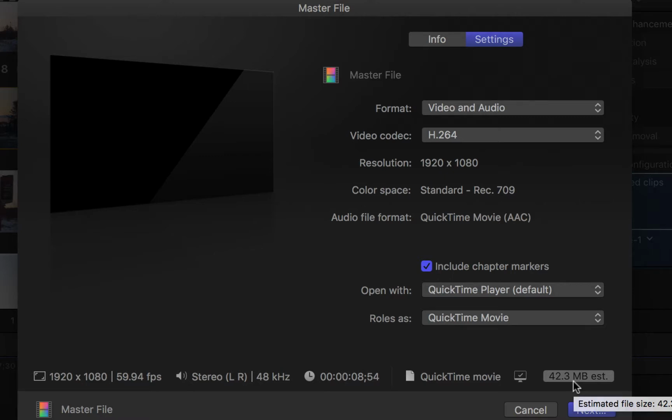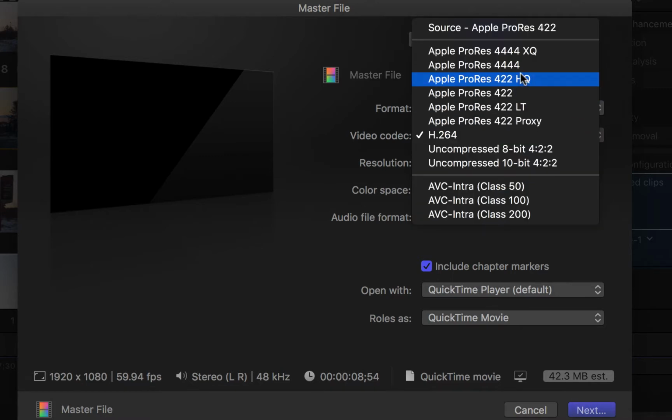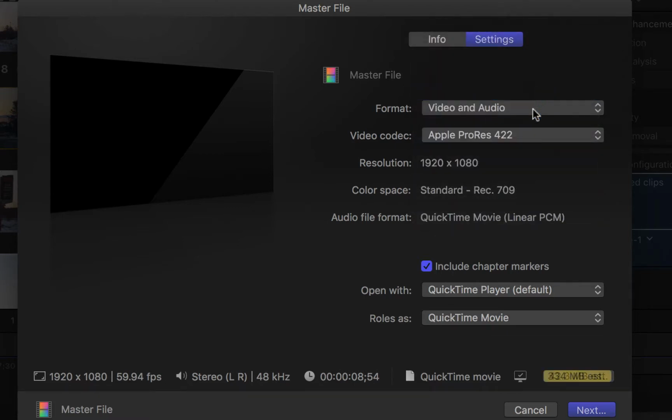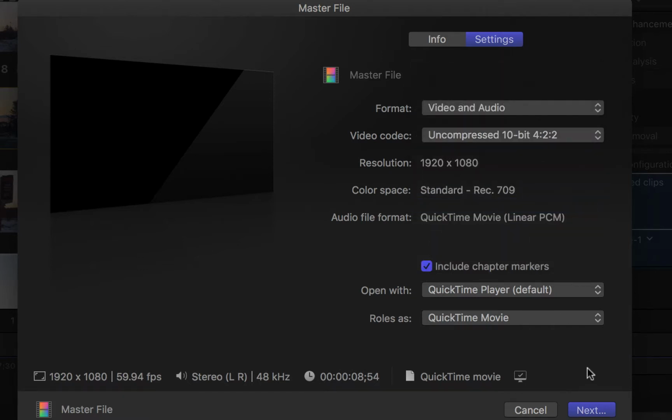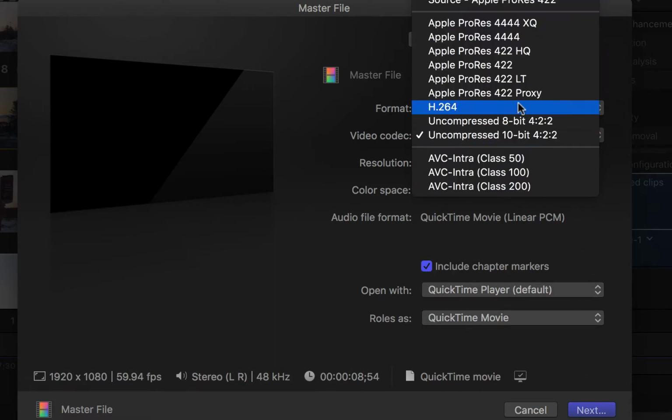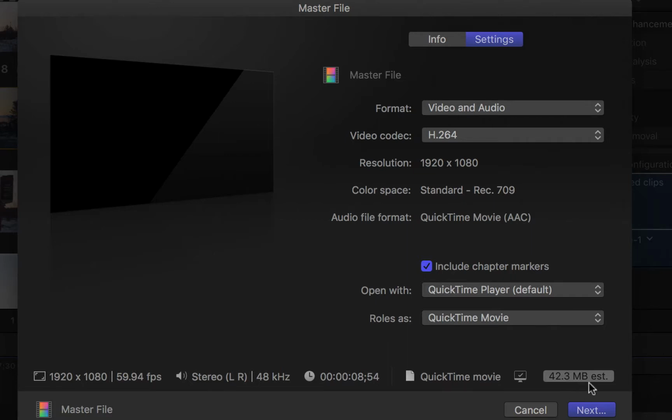And here's file size. So sometimes it's interesting to take a look at how different, if we just did ProRes 422, it's a little bit smaller file size. If we went to uncompressed 10-bit, what would it be? Not even telling us. But this gives us a good estimate. Remember, this is going to be an 8-second video, and that's a pretty large file size. So video takes up a lot of space. So we hit Next,